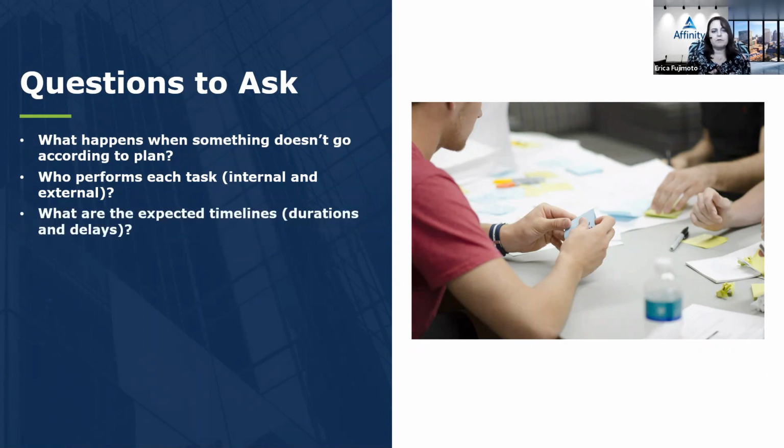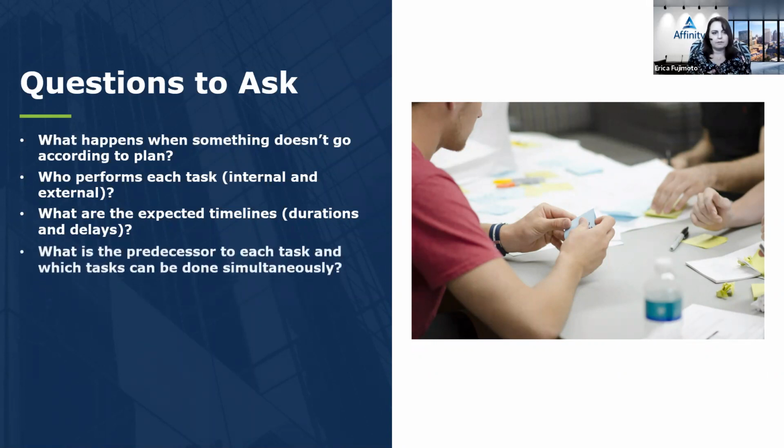And for me, this includes both your durations and your delays. So you want to be keeping track of how long it takes from start to finish to do a particular item. Maybe preparing a pleading might take a day, it might take a few hours, it might take multiple days. And then delays refers to how long it takes between one task and another. I sent an order to the court, how long is it going to take me to get that order back entered from the court?